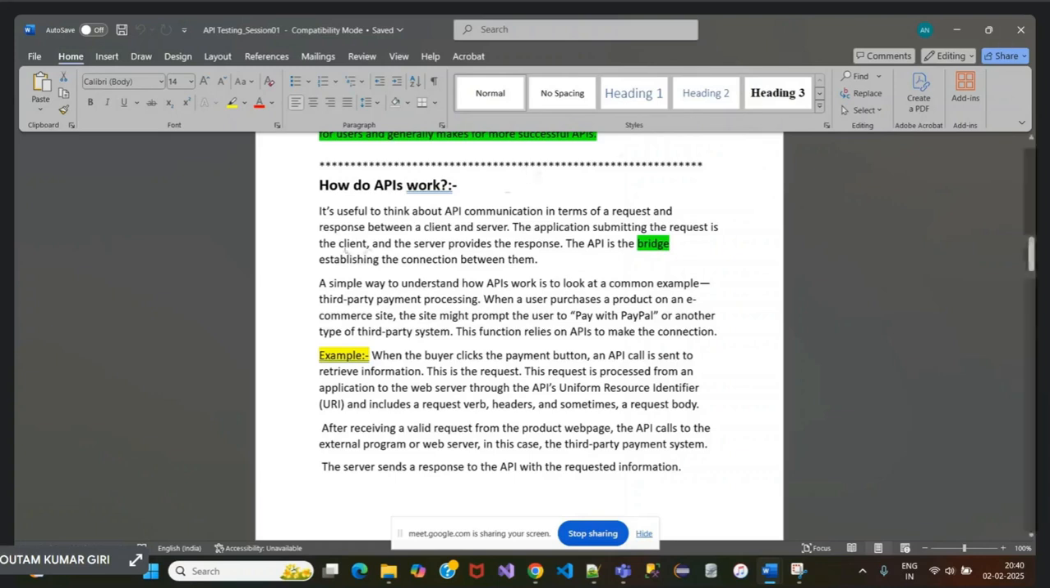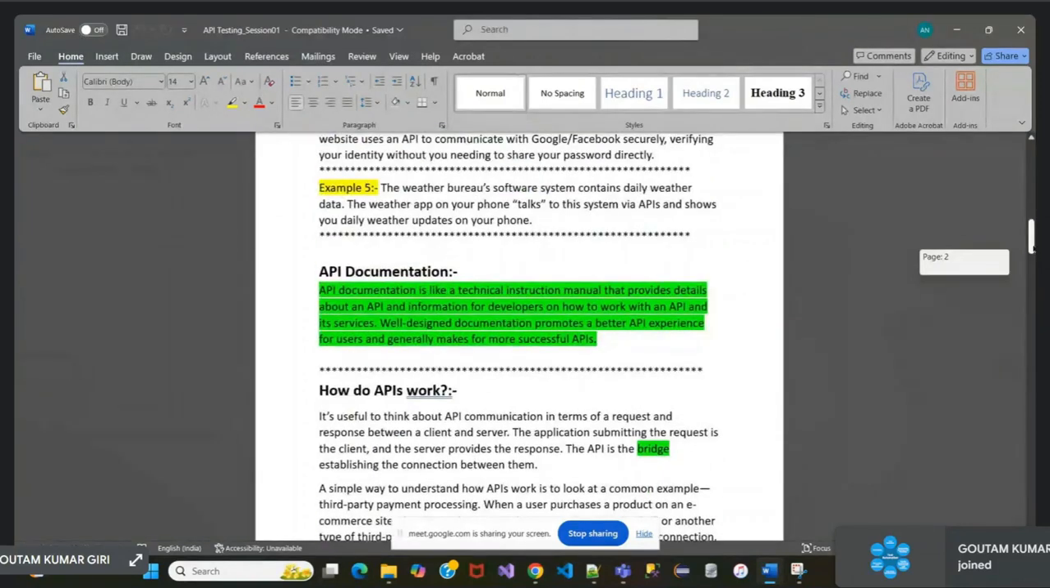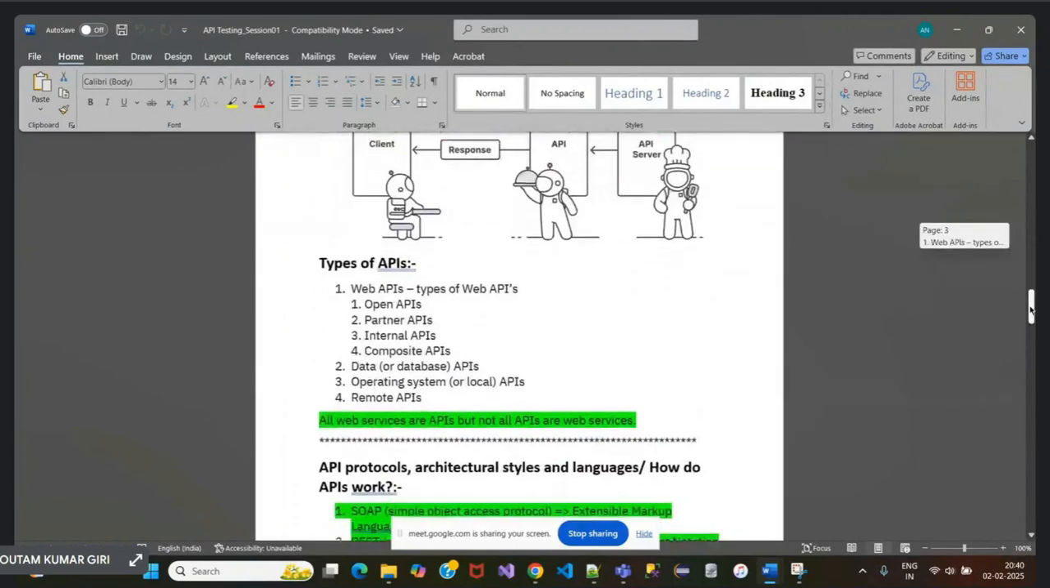I'll be sharing this document with you all. So this is what an API is, and I'll go deep into why exactly API documentation is required. And next is